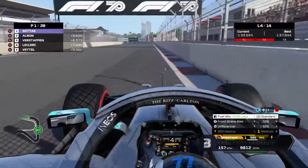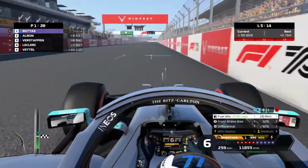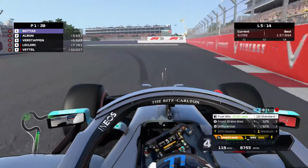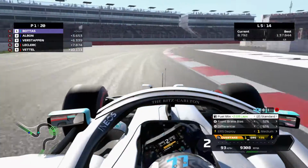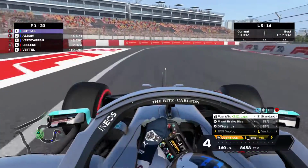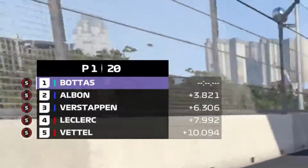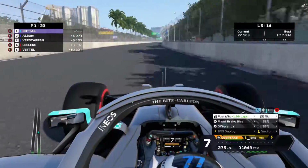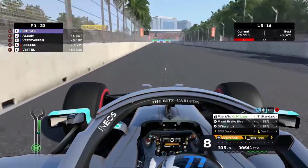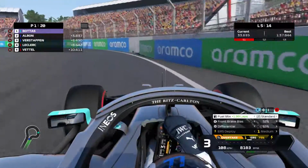Now these two laps I wanted to show you are different because of what I was trying to accomplish with these laps. So this lap here was just a regular lap that I would do around Zone 4. As you can see, braking at a 100-meter board, and you will notice that I don't actually use the overtake button very often in this lap, if not at all. The reason for that is, if you look on the left hand side, I'm already about 3 seconds, nearly 4 seconds ahead of Albon, and I think I was playing against 105% AI during this race, and when you're that far away from the next car, you don't really necessarily need to use the